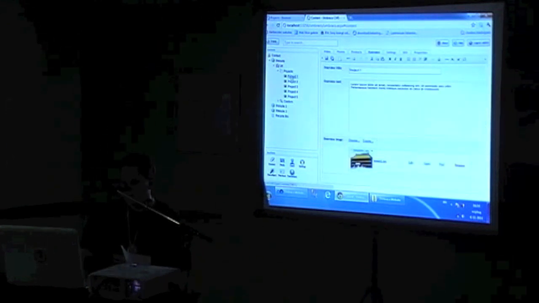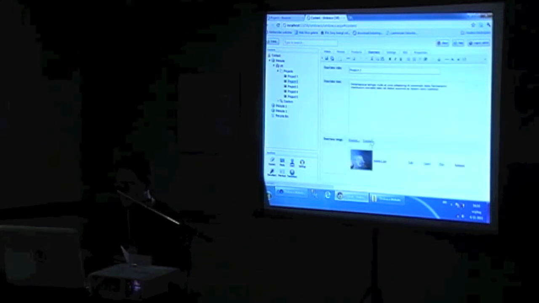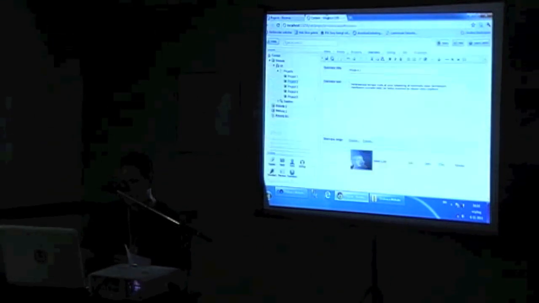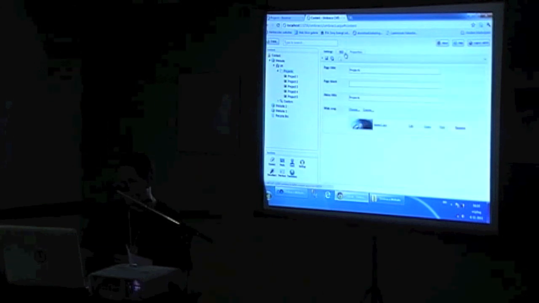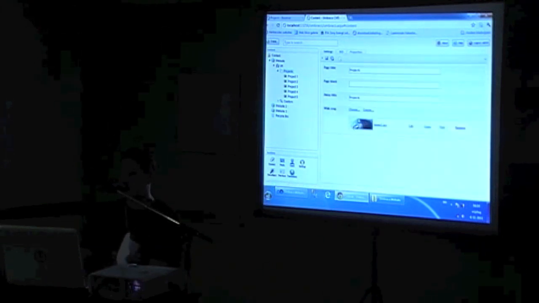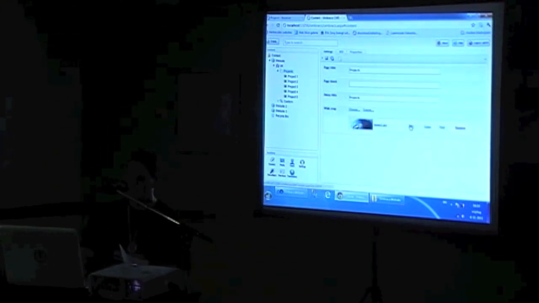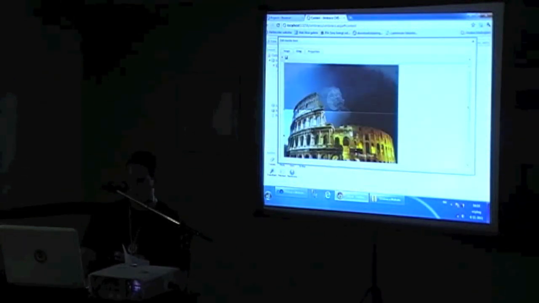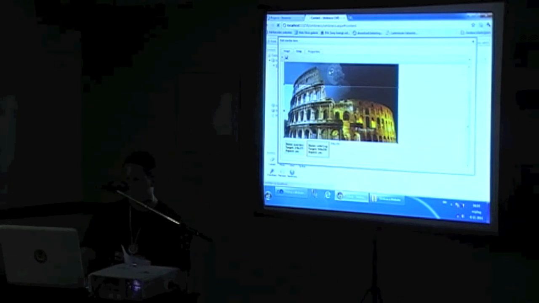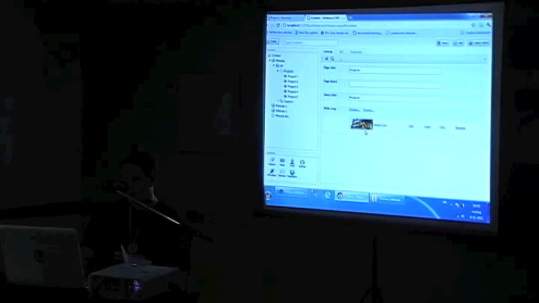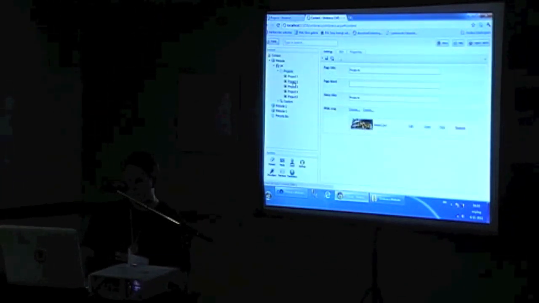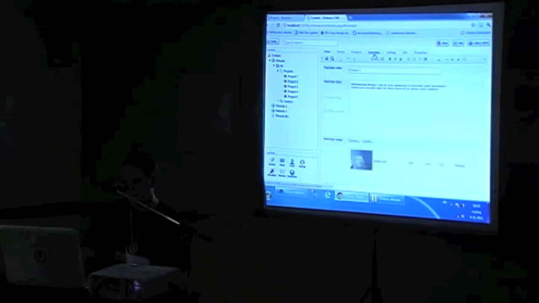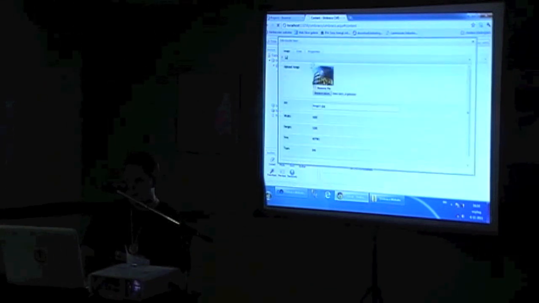So here is the image. This is the image which is used here, and the same image is used here, but it also shows the crop which I'm using. So if I update this crop, this gets updated here, and if I update this crop,